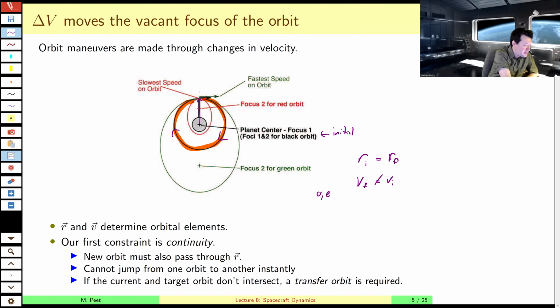We can accelerate, move faster. And what does that do? Well, let's think about it. If we're adding velocity, then while we were originally on a circular orbit, once we've added some velocity, we're no longer on a circular orbit. And what we've done is move that focus. So initially, both foci of the ellipse were at the center of the Earth. So what we've done in this case is we've added some kinetic energy,